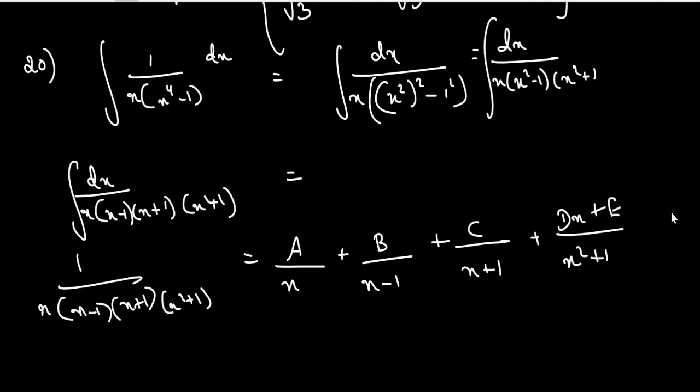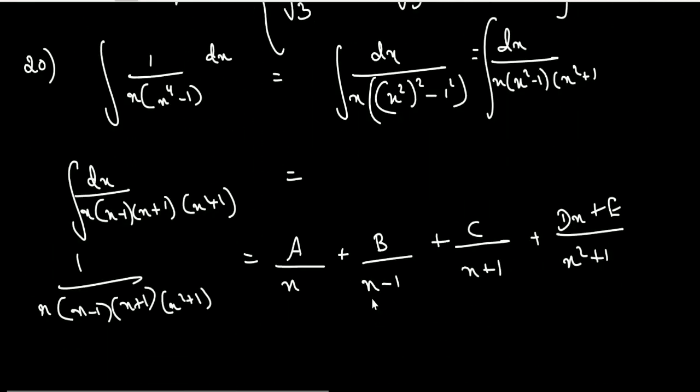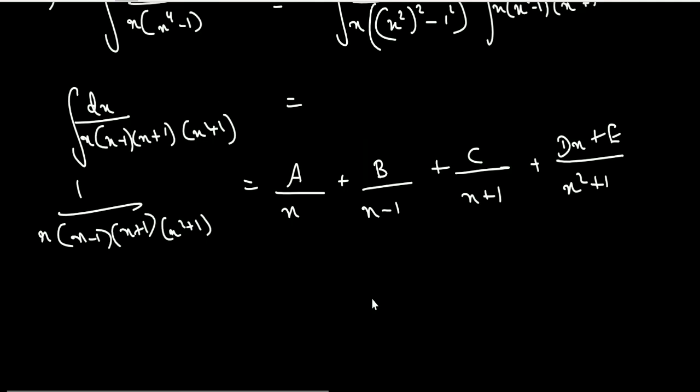But if you use another method, I'm going to do the other method. I just wanted to tell you how to do it like this also, so you know how to find the constants. Just now we did the previous sum. So you have to equate the highest term, second term, third term like that, then you have to find the constants. Now the other method, I'll do the other method.